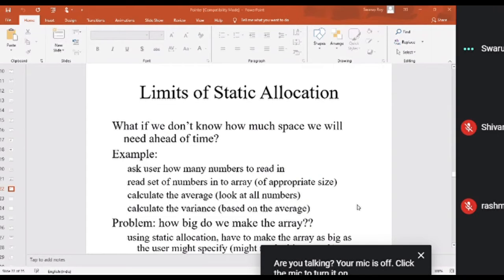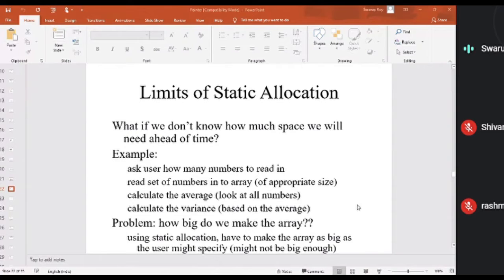Now there are a lot of issues, like mismanagement of space, because you don't know how much space is truly required. Suppose you create a memory space of 100 size or 1000 size, and then you sell that product to somebody else, and you don't know whether that 1000 size is sufficient for their work.